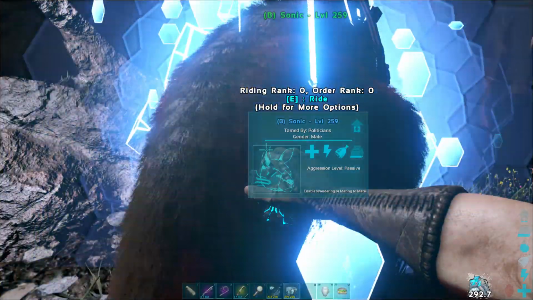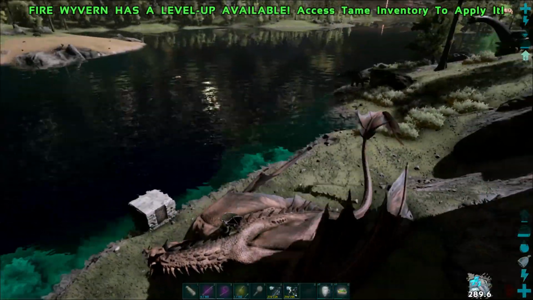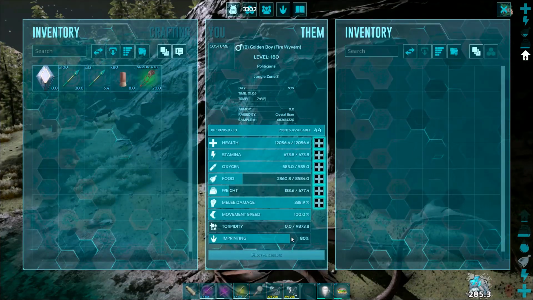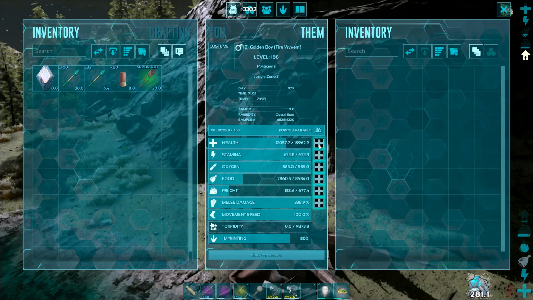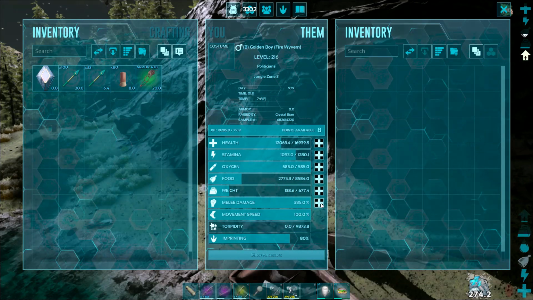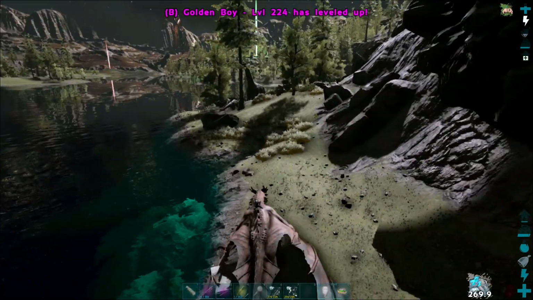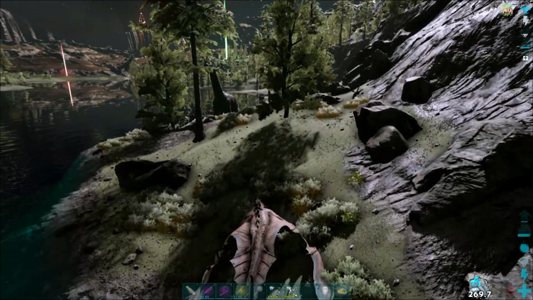Now the area that I am in currently actually is the best place to get the Brontosaurus. I have never leveled my fire wyverns. This is the first time I've taken him out. Decent stats, not the greatest imprinting. A little sad about that, but there are worse things. Let's bring him up to right about there. Looks good. Give him some good melee. Alright, now we're rocking. So, this is the best area on the map that you can possibly find your little